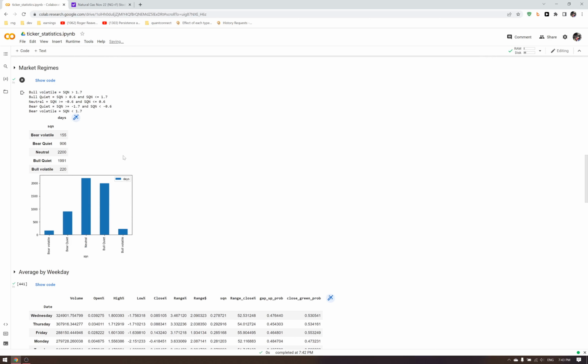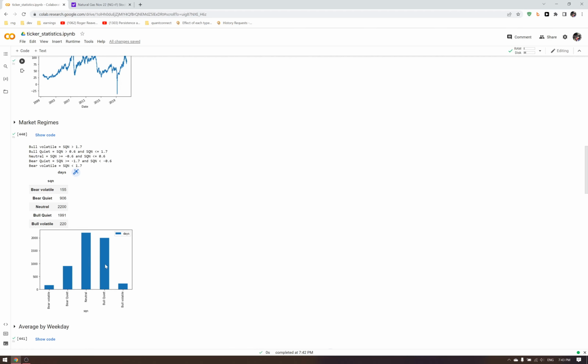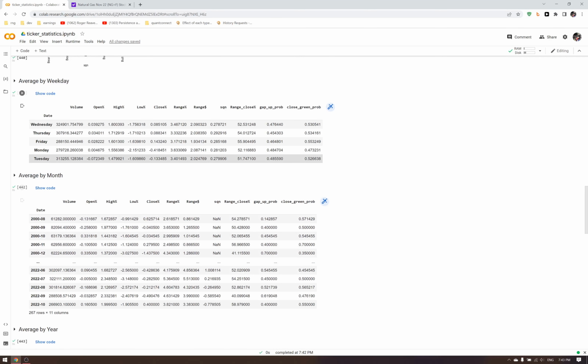Just a very basic analysis, but I have really researched. I discovered this Colab, and it's pretty cool, so I thought I would share it. And now we can see crude is most of the time in neutral, bull quiet, and